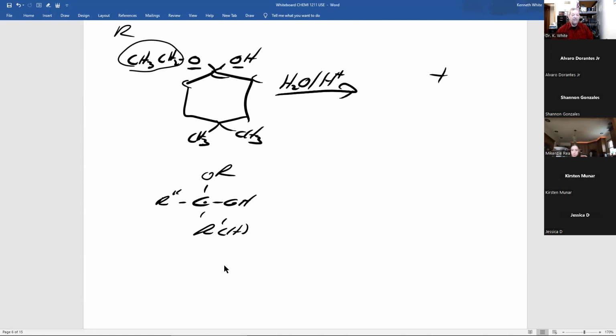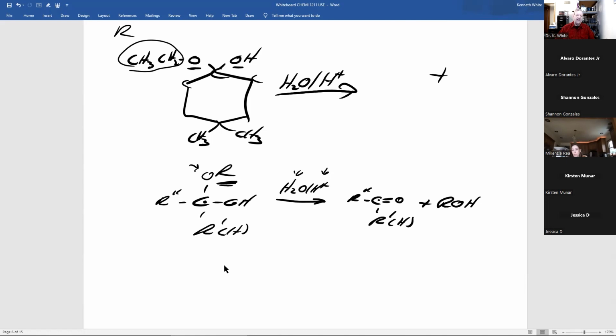And here we have a hemiketal. And we're reacting with acid and water, or water and acid. Doesn't matter which you put first or second there, because it's a mixture. And keep your eye on this carbon. The R group are hydrogen, R prime are hydrogen, R double prime, and this becomes a ketone or aldehyde, carbon double bond to oxygen, carbonyl. And this R on the oxygen becomes this alcohol.